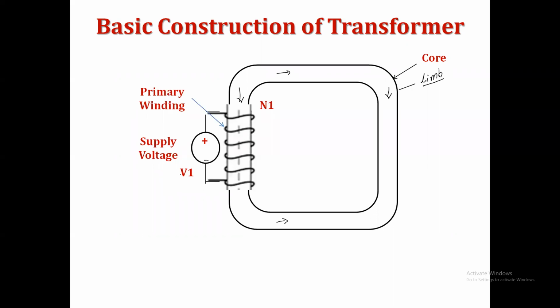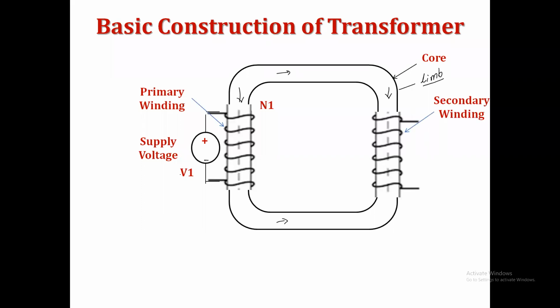Get it, my point? This is on the first vertical limb. On the second vertical limb or second vertical side, I say that this is the secondary winding. Have you observed that? Have you noticed that there is no physical contact between the two windings? But still energy is transferred from one circuit to another circuit. How? Let's try to see these things. Now this is the secondary winding. And what is the definition of the secondary winding? That winding which will deliver the energy.